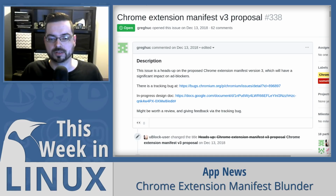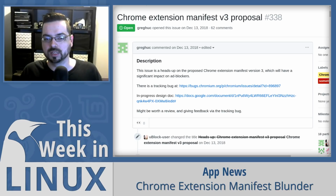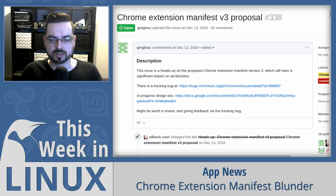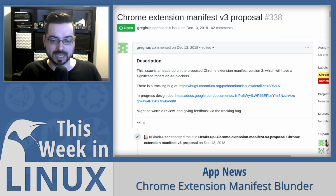There are other features which I understand are appreciated by many users, which can't be implemented with the declarative net request API. For example, the blocking of media elements which are larger than a set size, the disabling of JavaScript execution through injection of CSP directives, the removal of outgoing cookie headers, and many more things. All of these can be set to override a less specific setting. One could choose to globally block large media elements, but allow them on a few specific sites, and so on. But these rules will,